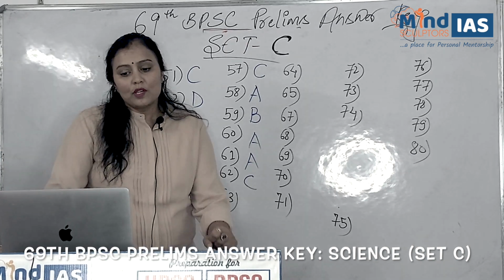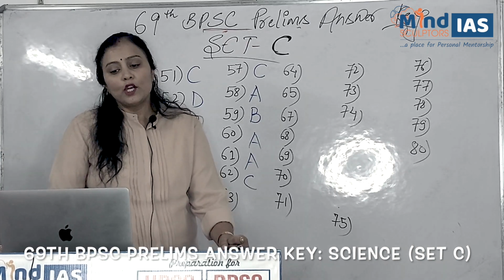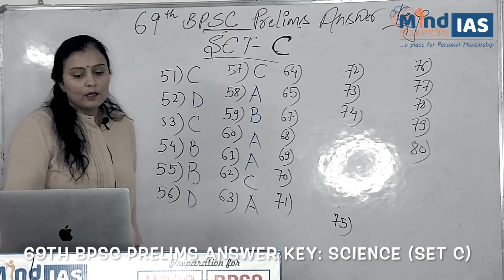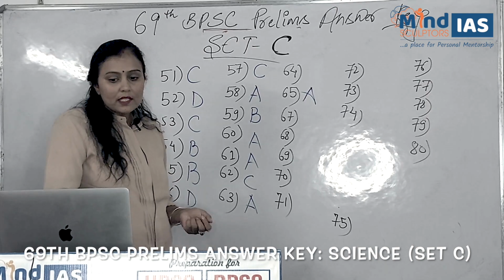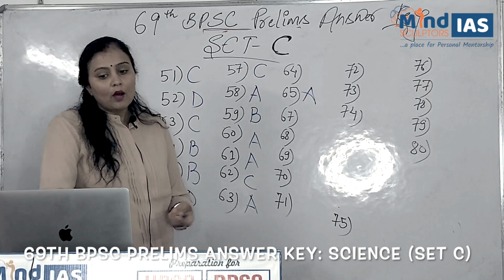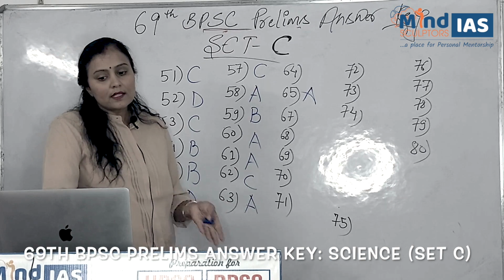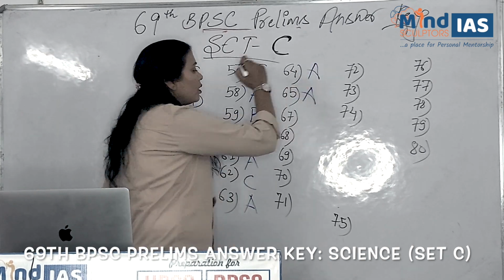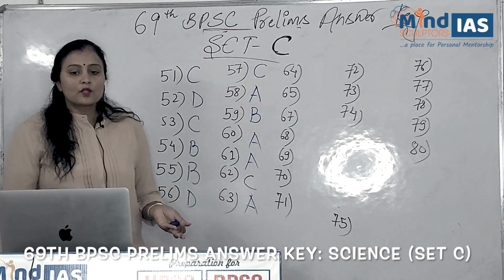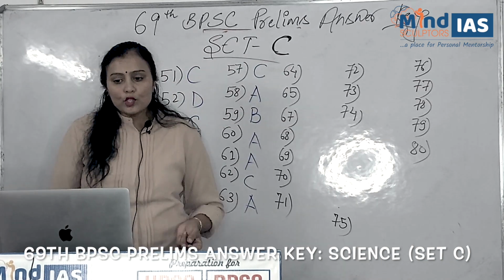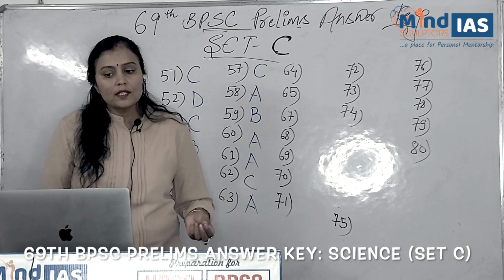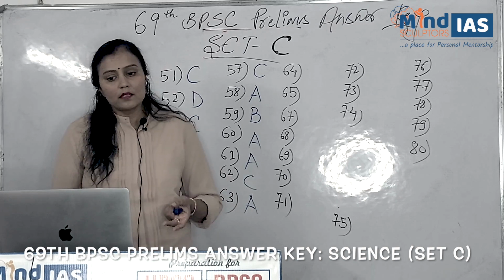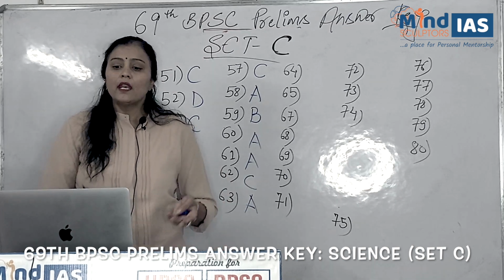Come to the next question. An AC current can be produced by? The right answer is option A, that is dynamo. Question number 64. Current density is a vector quantity, dimensionless, a scalar quantity, or none of the above. So the right answer is A, a vector quantity. Now moving on to the next question. What is the basis of most useful classification of medications in medical chemistry? The options given are molecular targets, chemical structure, pharmacological effect, and none of the above.